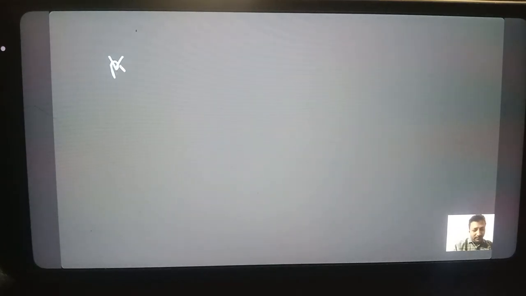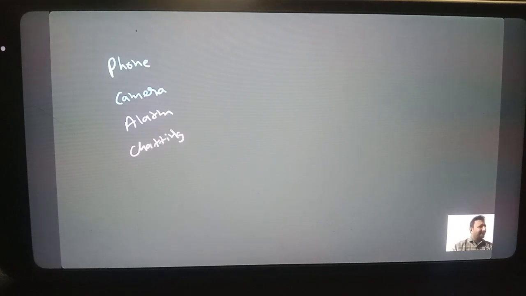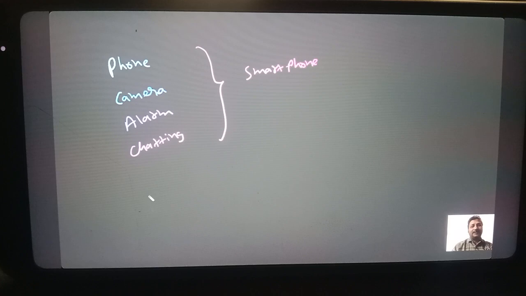Just to give you an example. Earlier the phone was different. Camera was different. Alarm was different. Chatting was different. Now all these things can be done using a smartphone. Yes or no? So now, in the same way, earlier, if you wanted to align the items, you could use